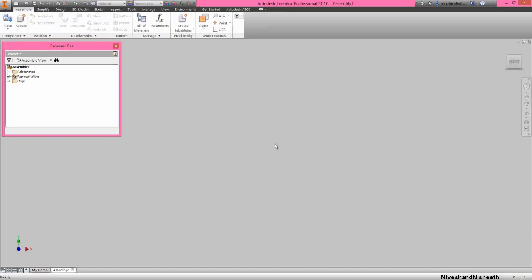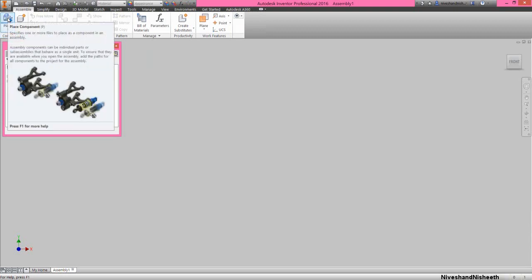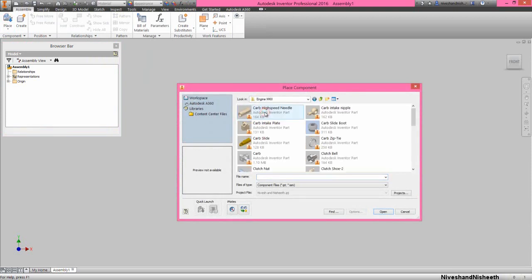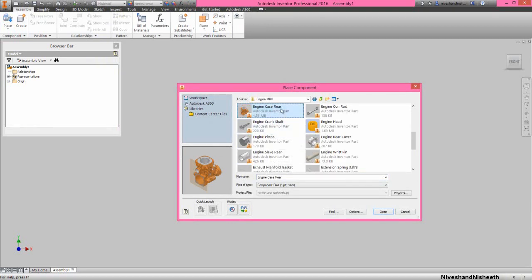Now we will activate the place components command from here. Go to the engine MKII folder and select the engine case rear part.